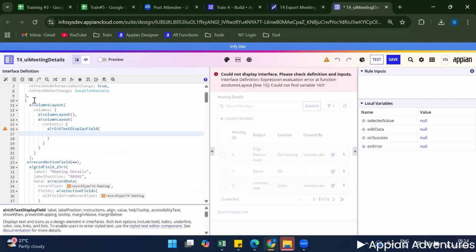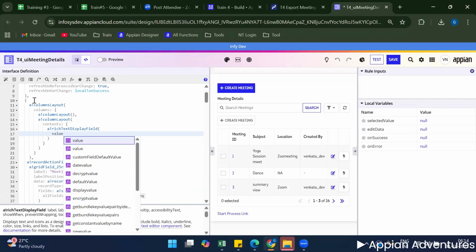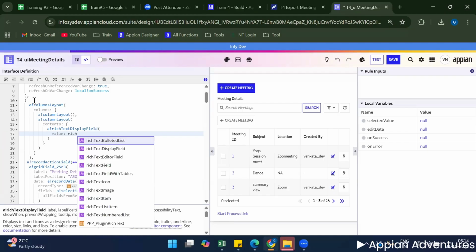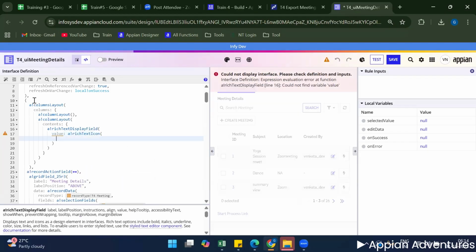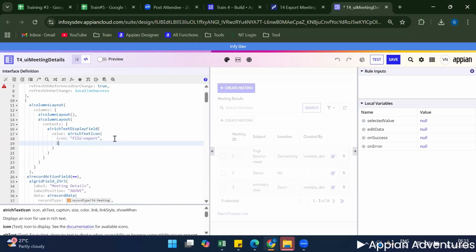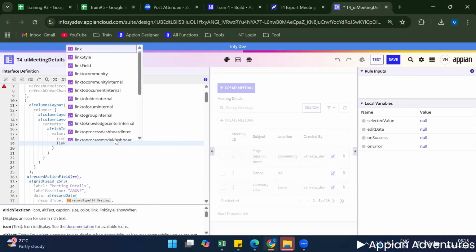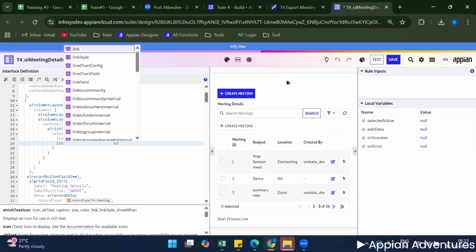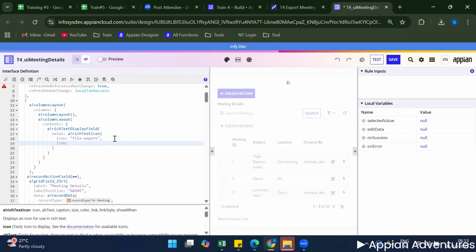In this rich text display field, what we need to do is set the value, rich text icon. Under this icon, I will set the icon for export. Yeah, this is the export icon. And in the link,